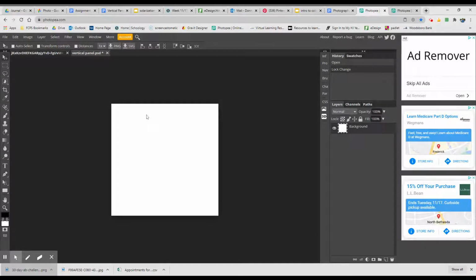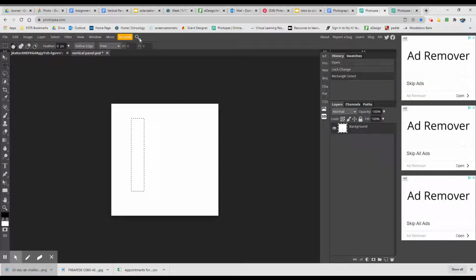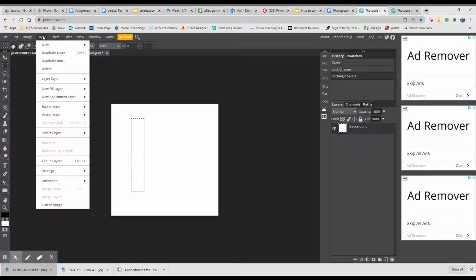All right. So now we're going to take our marquee, our rectangular marquee selection tool, which is the little dotted line rectangle right under our selection. And we're going to just drag and create a rectangle anywhere on it. And then we're going to create a new layer. So to create the new layer, you can either go to Layer,